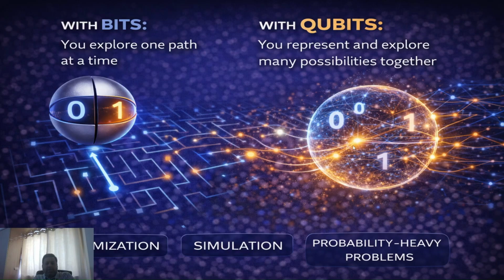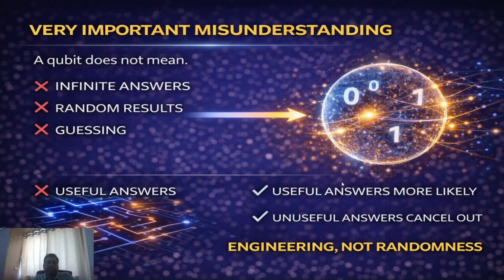But with qubits, you have many possibilities, multiple possibilities together. You are not restricting, you are not limiting yourselves. So for different use cases this works better: when you are optimizing, when you are in a simulation scenario, when there are probability heavy problems. The objective of this slide is to just give you this vocabulary, but eventually in next videos I will try to explain them and double click on them, for a bit deeper understanding.